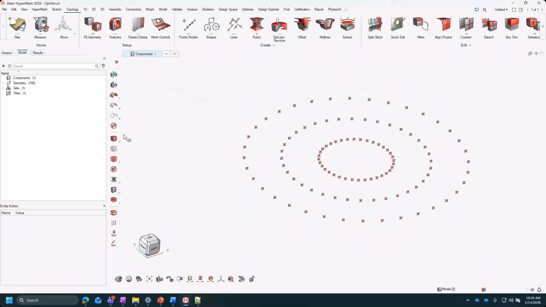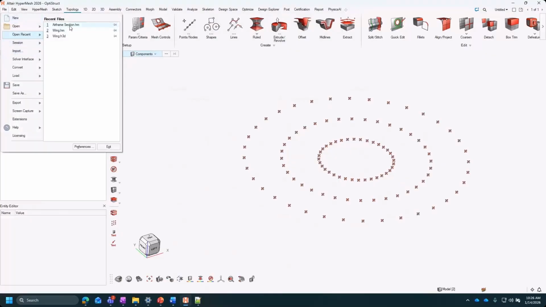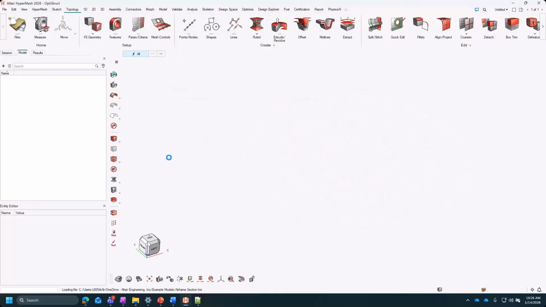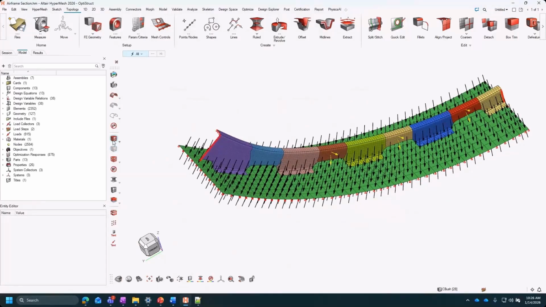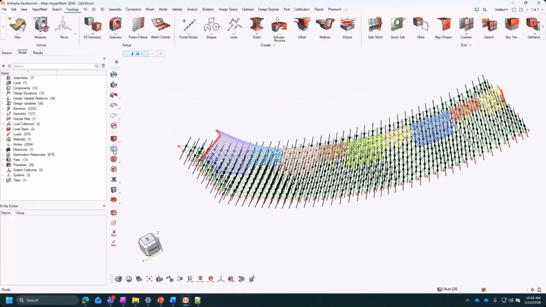So yeah, a lot of people, when they converted from the classic interface to the new interface, were kind of annoyed that a lot of these had 2 button clicks now for detailed visualization and element shading and stuff like that. So with the extension toolbar, it just breaks out all of those options. So now it's just a single button click. Maybe if I load up another model, it's easier to see that. So yeah, now I just got a single button click for some of these visualization options, which a lot of people enjoy.